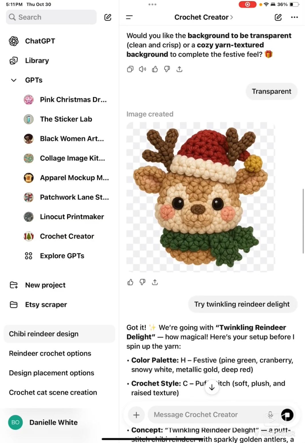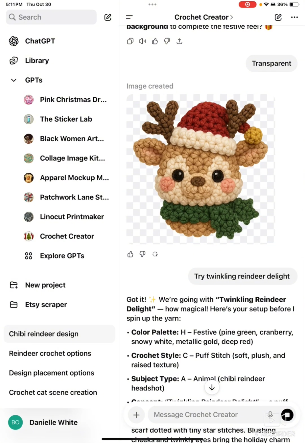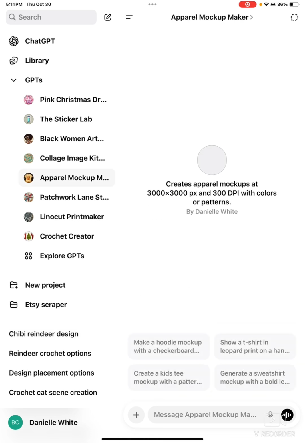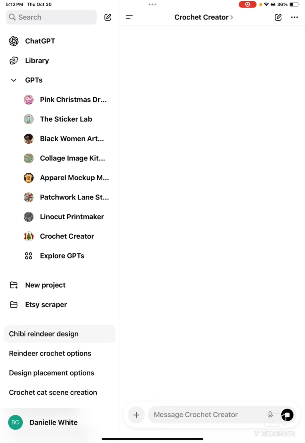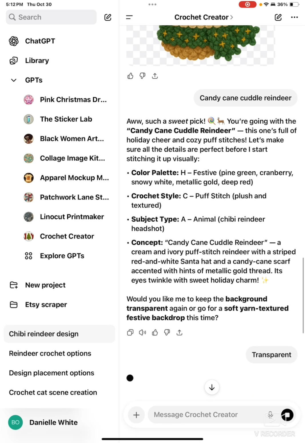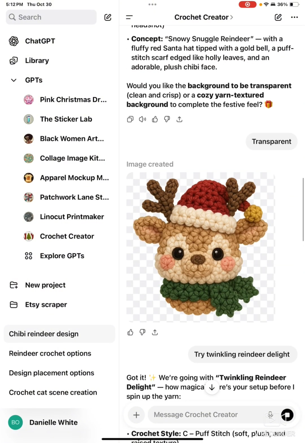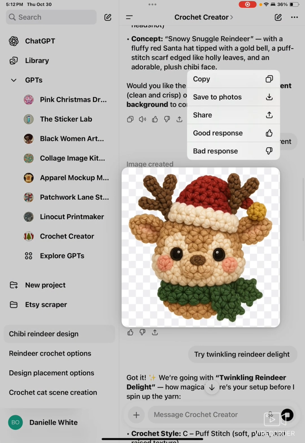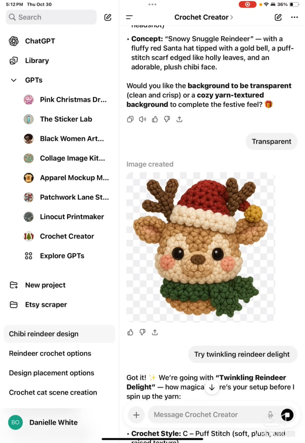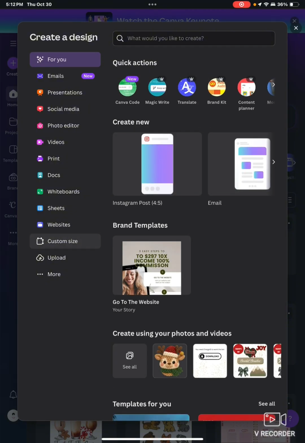So if I want to use that, then I would download the reindeers. Let me get that one first. And then I go to the apparel mock-up. And then I would just go over to Chibi Reindeer. Was that on my app when I did it? I was supposed to have pushed it on it and then save the photos. Forgot. So on Canva, I'm just going to open up a new custom